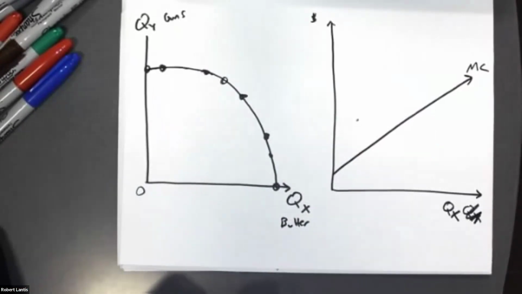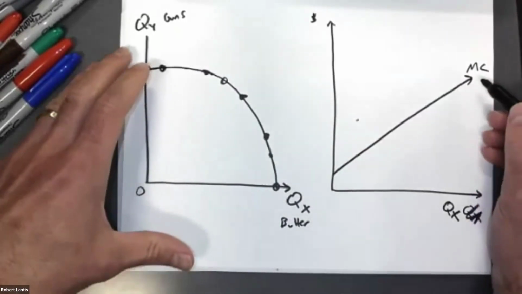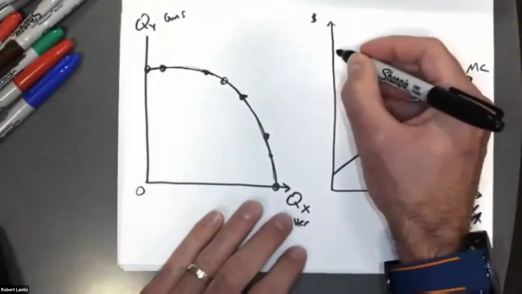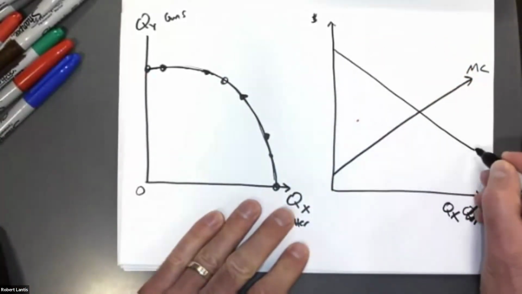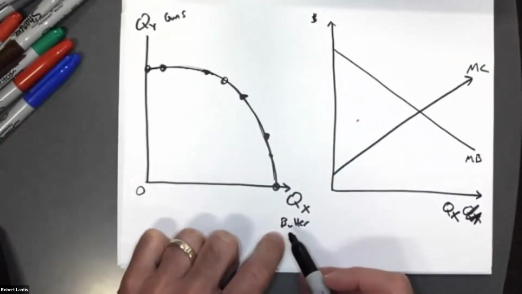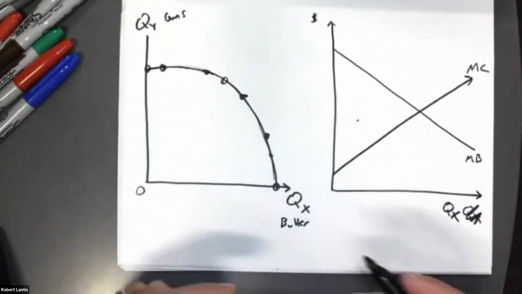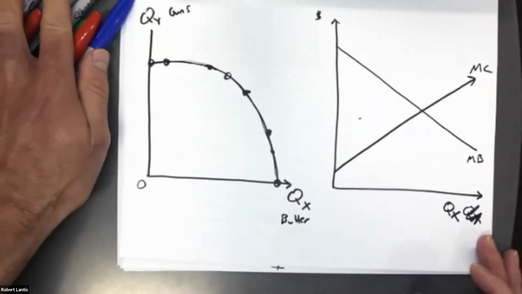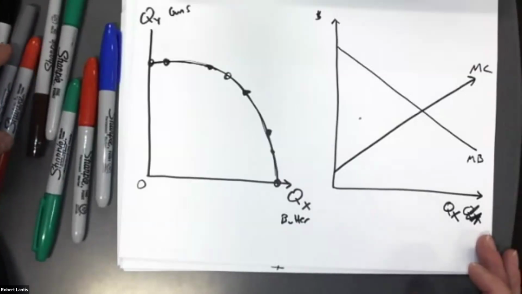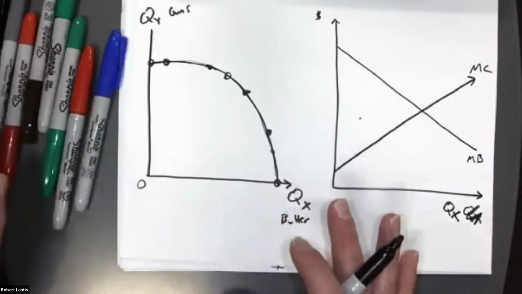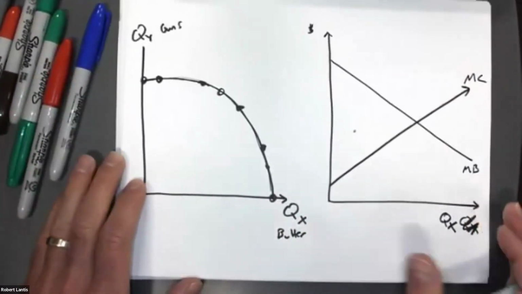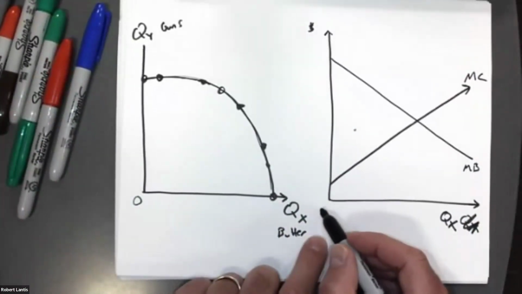So how do we determine what that is? Well, we would need to know something about not just the marginal cost, which the production possibility curve tells us. We would also need to know the marginal benefits of producing more of this x-axis good. So this is going to be a little bit trickier to figure out. We won't dive too deep into how we calculate the marginal benefit, at least right now. But the idea we want to understand is that the very first